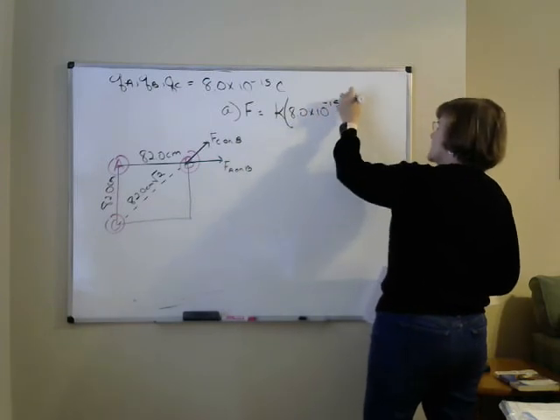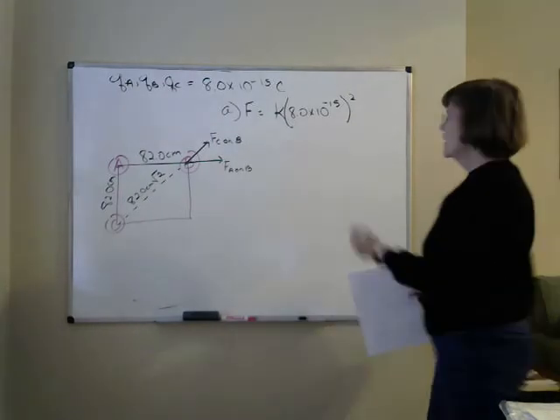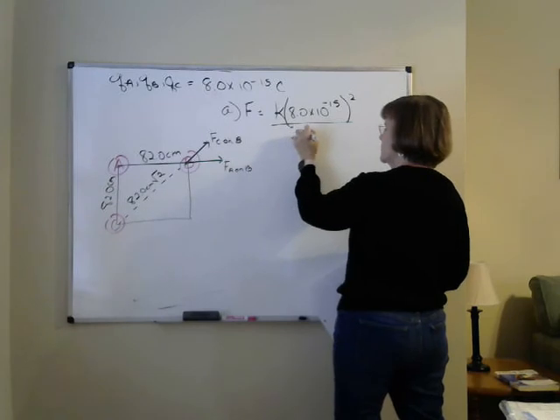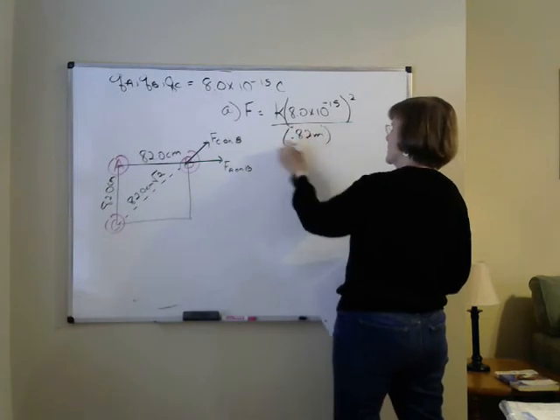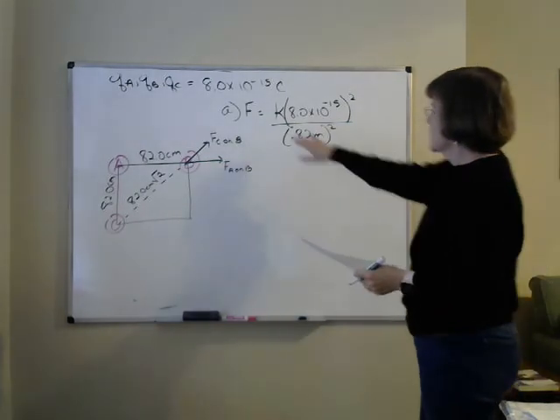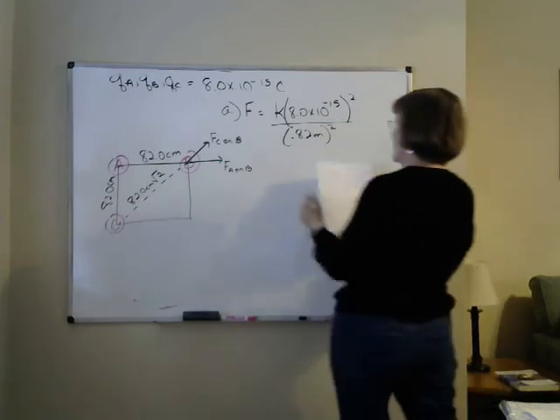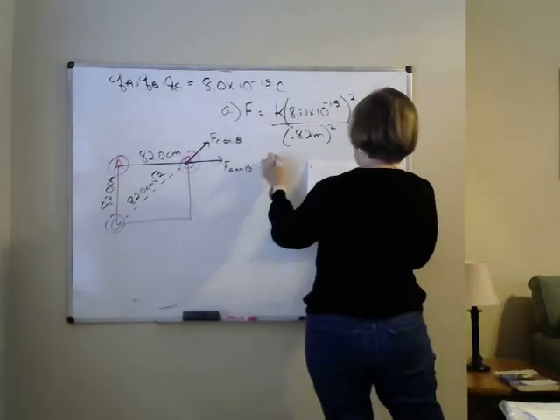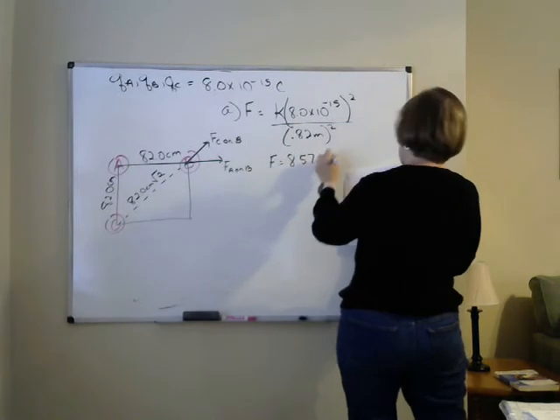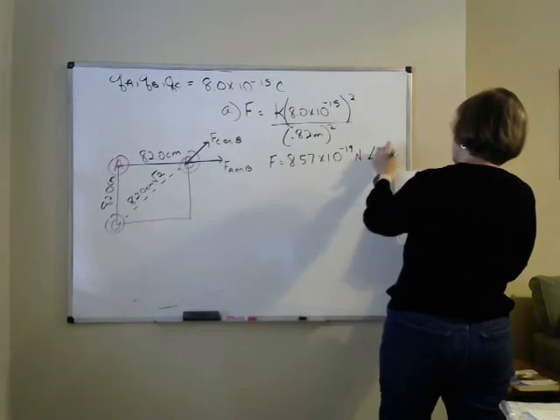I can square that, over distance squared, 0.82 meters squared. So I very carefully put in the value for K, type everything in nice and neat, and I get that this is equal to 8.57 times 10 to the negative 19 newtons at an angle of 0